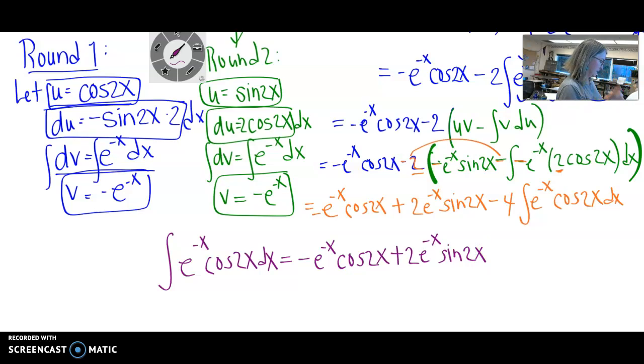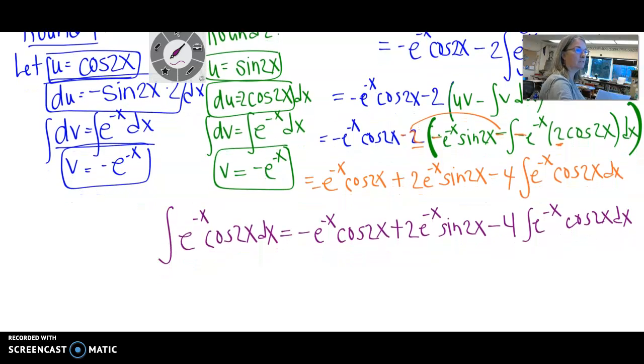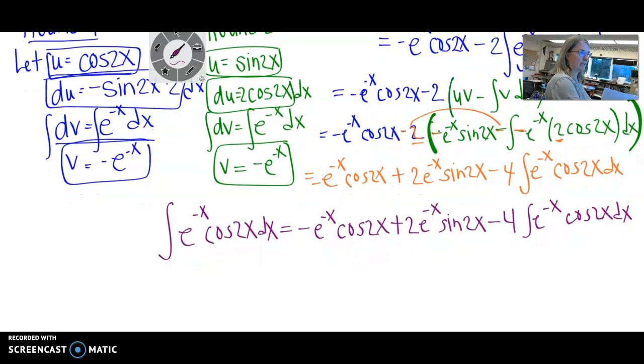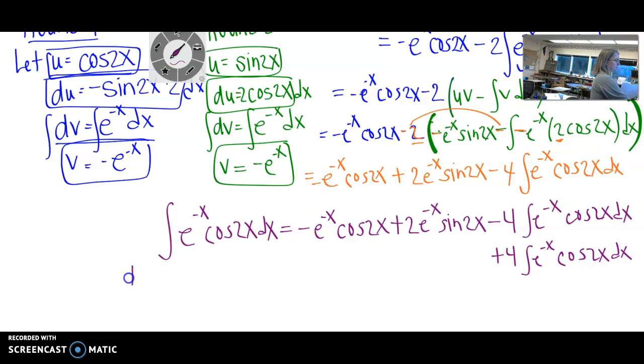And then I have minus 4 e to the -x cosine of 2x dx. So we still haven't been able to integrate that piece. But if you look at this, what we can do is add this whole term over here to both sides,